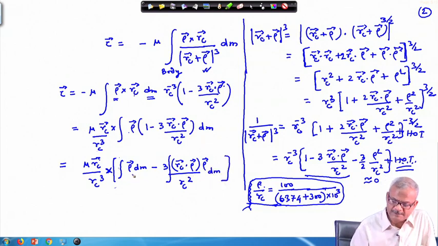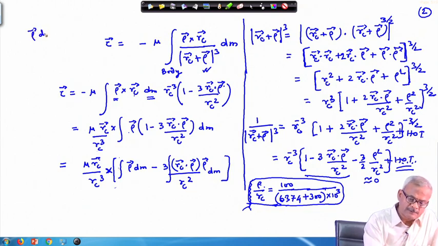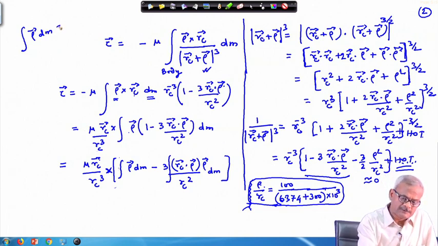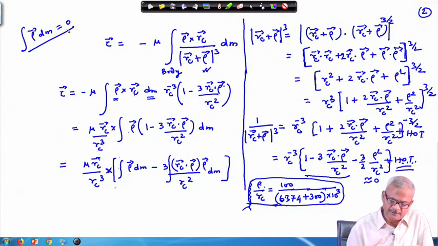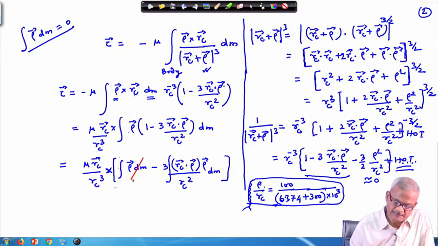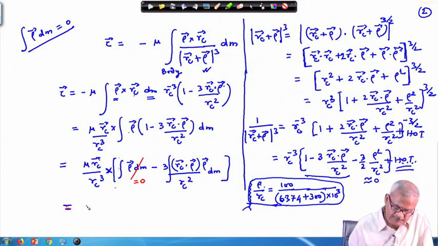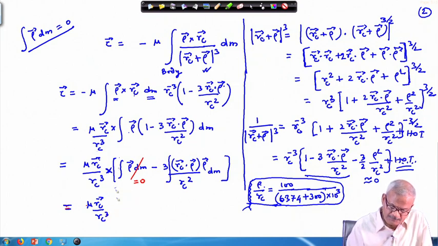So, these are the two integrations, and we know that rho dm, because rho is taken from the center of mass of the satellite, this quantity will be 0, as we have discussed earlier also. So, this quantity vanishes, this quantity will be equal to 0, and therefore this gets reduced to mu Rc by Rc cube, then cross is here and 3 we can bring from this place to this place,